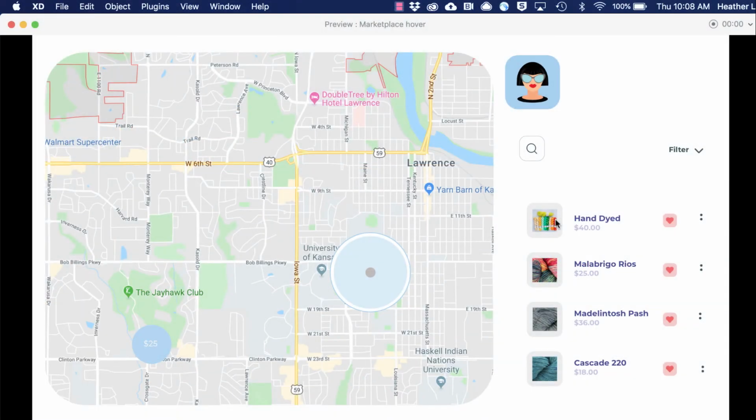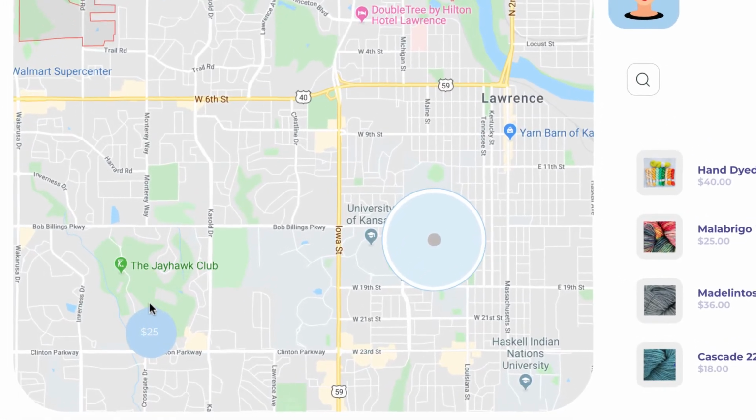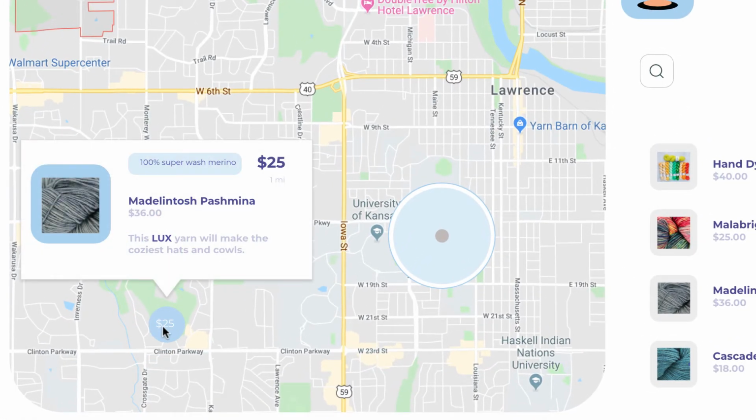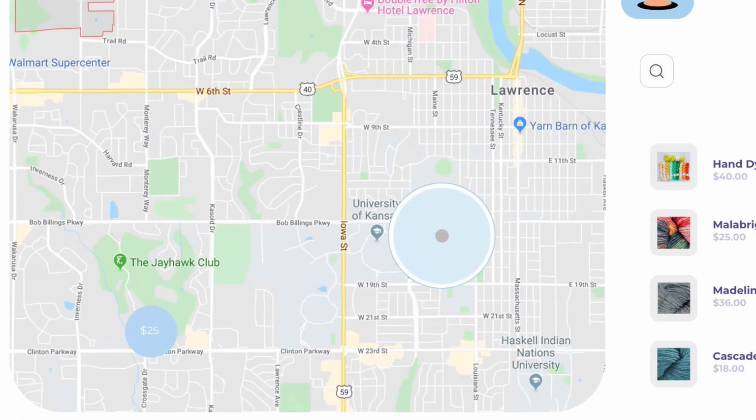Hover states were added in the November 2019 XD updates and offer several fun possibilities. Let's preview what hovers can do. Here we have a state, and as we mouse over or hover, we get additional information. Another example